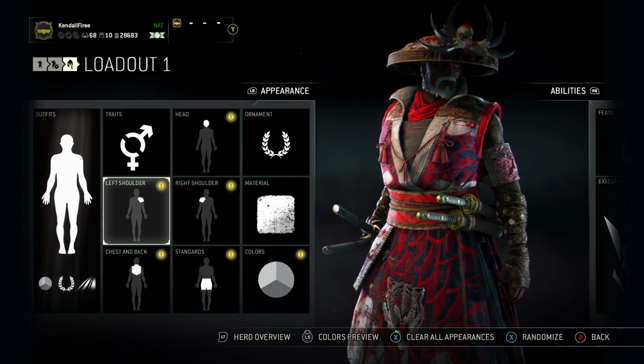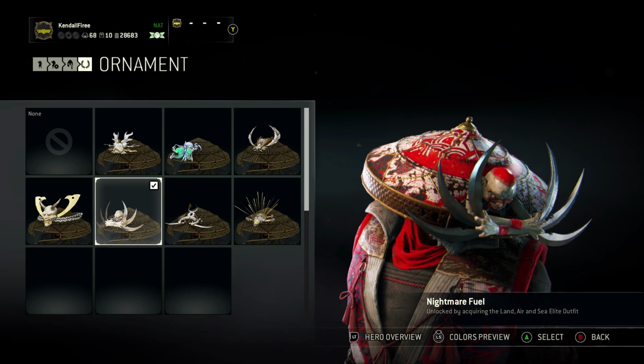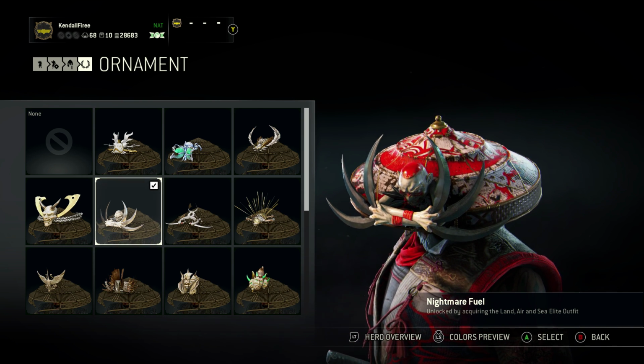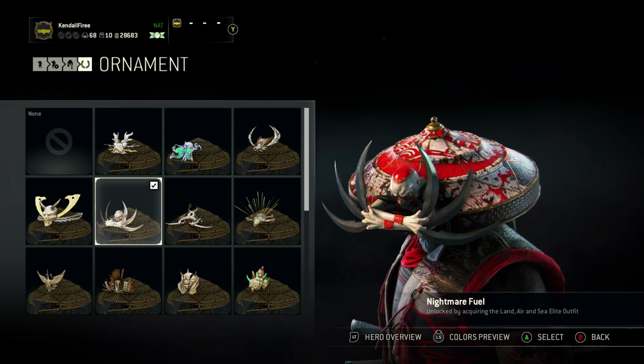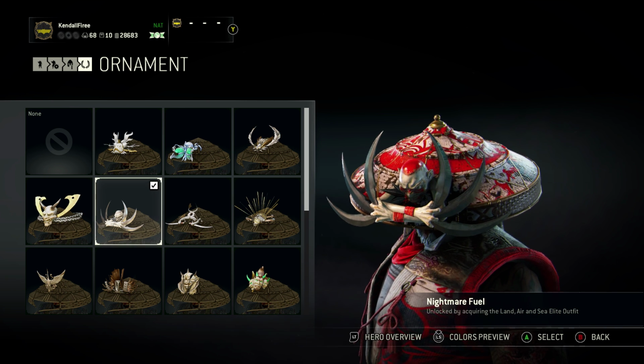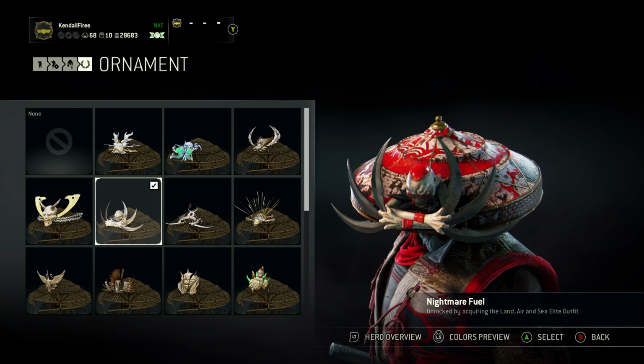So moving on, I'm actually going to show you guys the ornament. I almost forgot about the ornament. Now, the ornament I use right now is called Nightmare Fuel. You can unlock this by getting the Land, Air, and Sea Elite outfit. Now, I know these are really, really expensive, but if you want a cheaper option, I guess I could say,